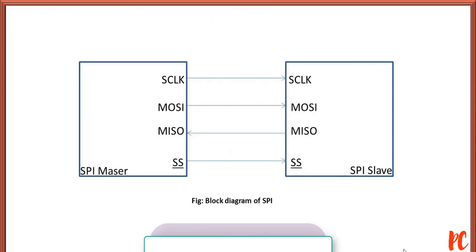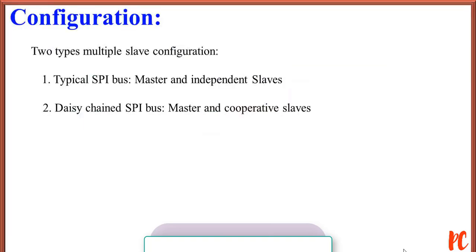SPI is a 4-wire serial bus accurately described as synchronous serial interface, but it is different from synchronous serial interface protocol, where you can observe one is the SPI master and the other is the SPI slave. S clock refers to serial clock, where the clock signal is going to get synchronized with the slave. On the other hand, we got MOSI, master output slave input, followed by MISO, master input slave output, that is getting signal from the slave to the master, and SS bar, which is nothing but a slave select bar, which is active low. There are two types of multiple slave configurations. One could be a master and an independent slave, and the other could be a daisy chain, where a number of slaves interact with a single master.